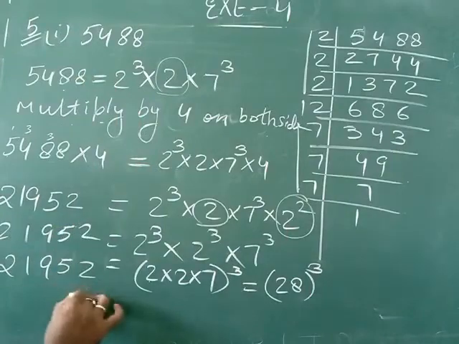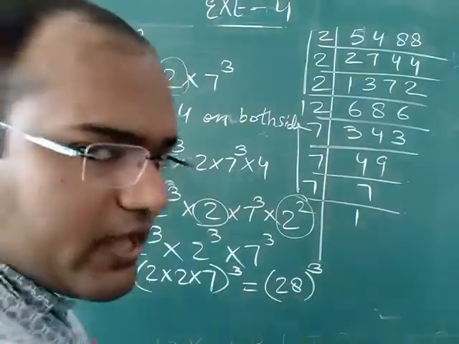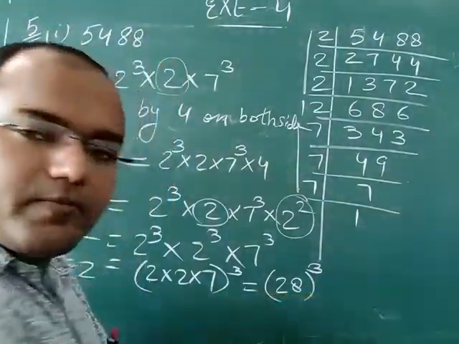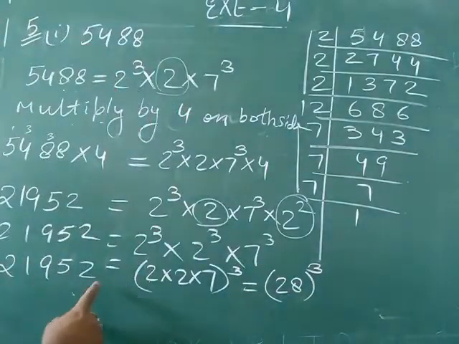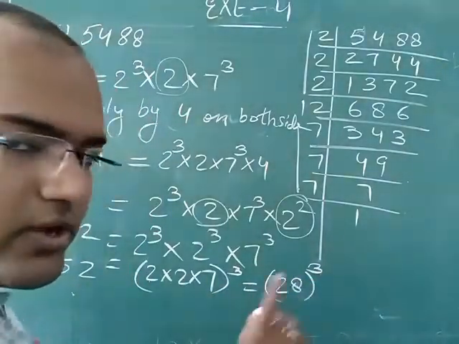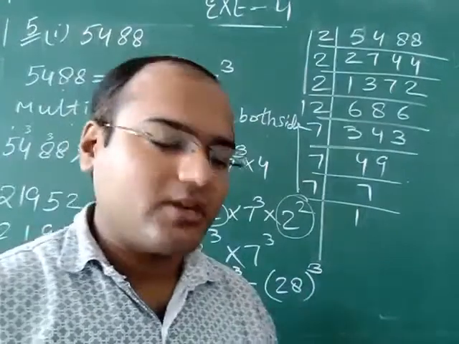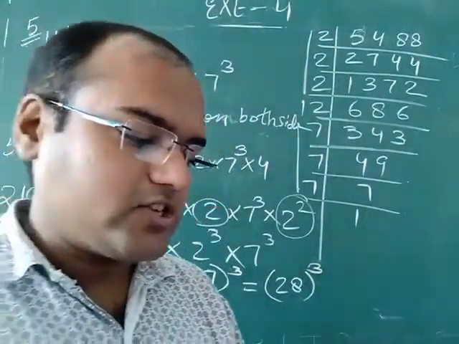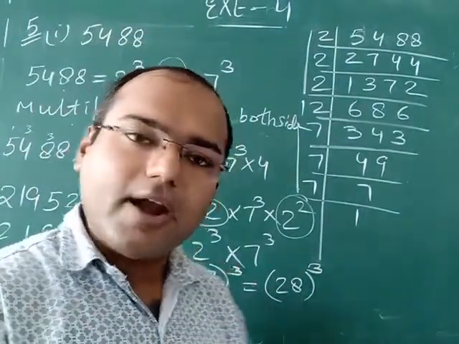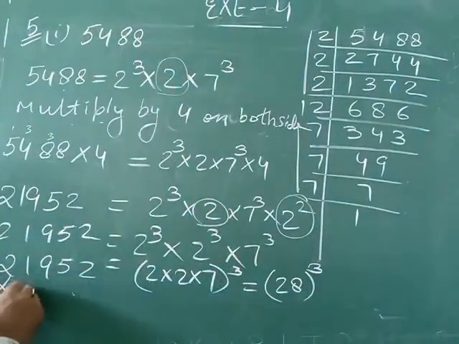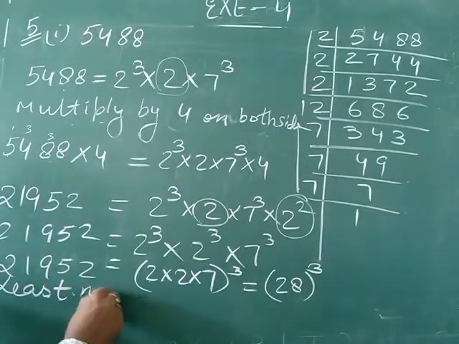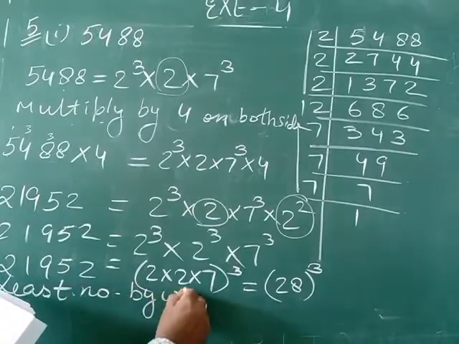This 21952 is the cube of 28. आपने यहाँ फाइंड कर लिया है 21952 is cube of 28. तो इन्होंने पूछा क्या था आपसे, फाइंड द लीस्ट नंबर बाय विच द फॉलोइंग नंबर शुड बी मल्टीप्लाइड. आप क्या लिखेंगे, यू हैव टू राइट लीस्ट नंबर बाय विच